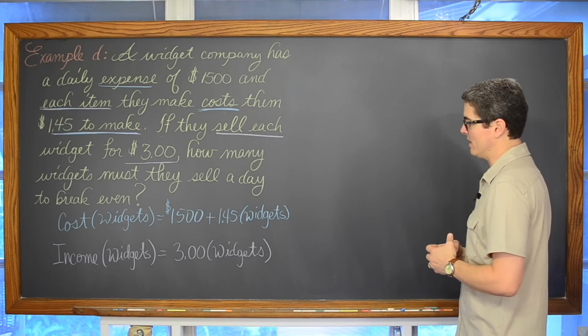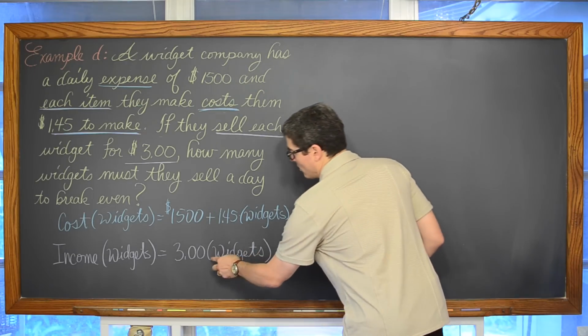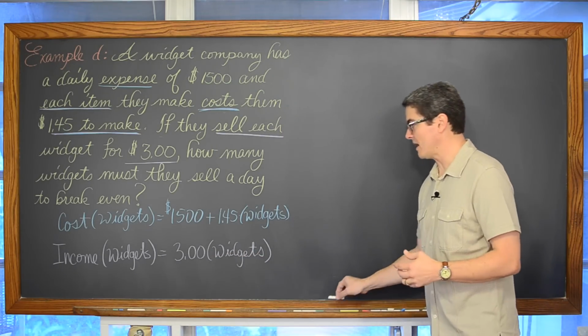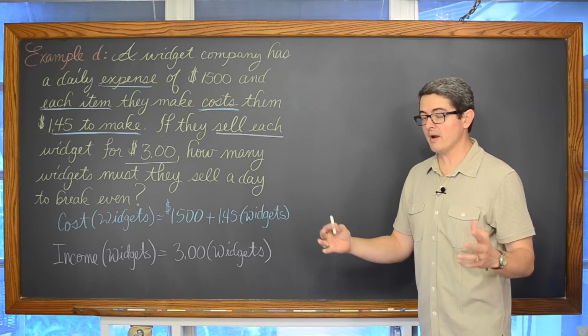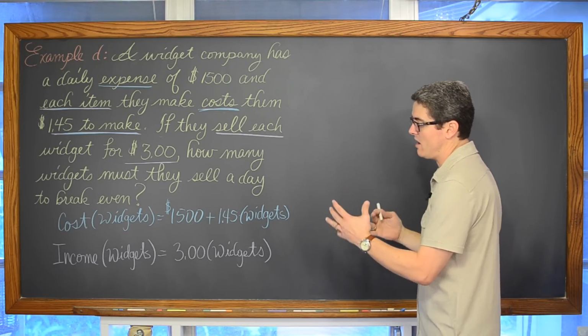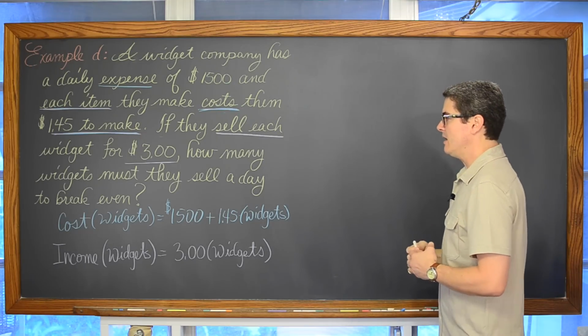So where's the break-even point? Where does the cost equal the income? I want to be able to subtract them and get a value of 0. I don't want to lose money. Making money would be great, I'll just hopefully sell more widgets. But where's the break-even point? Where does cost equal the income?